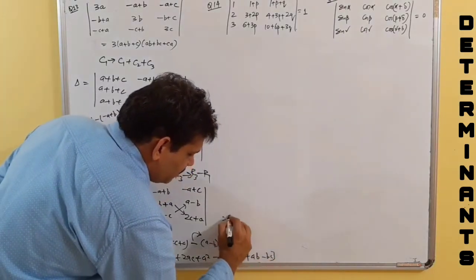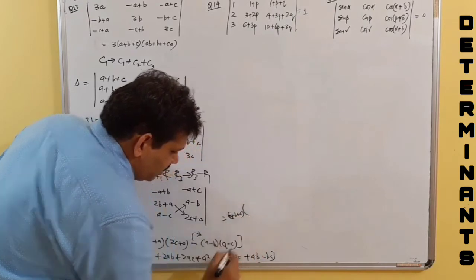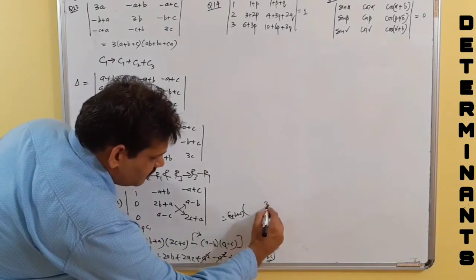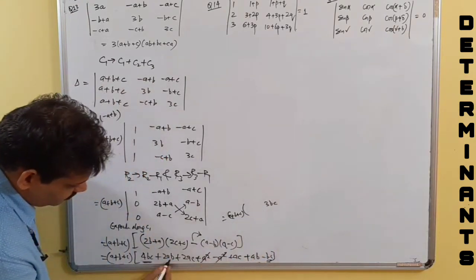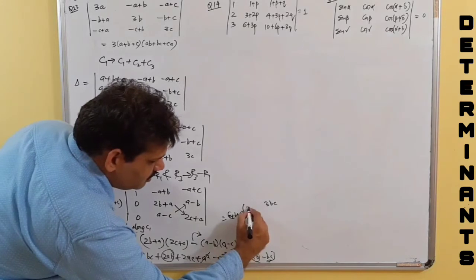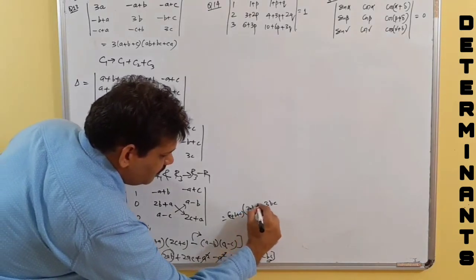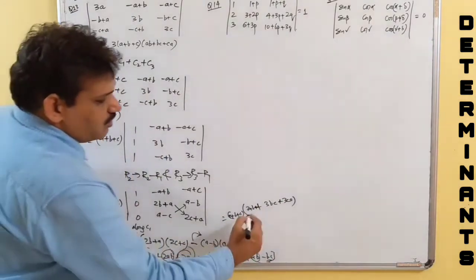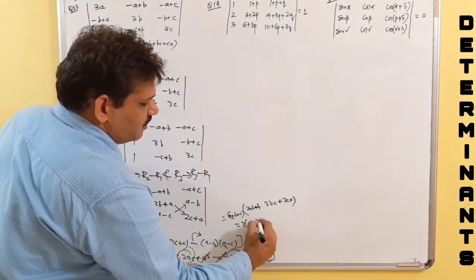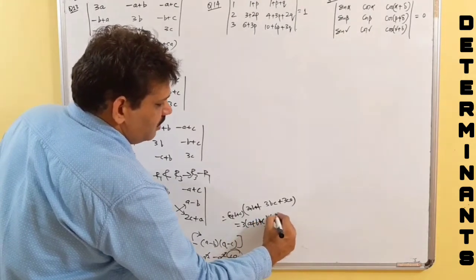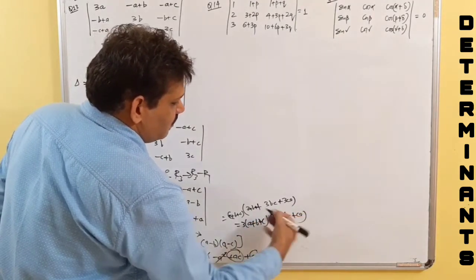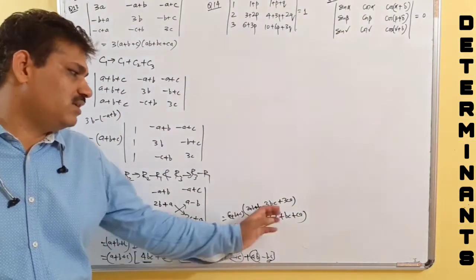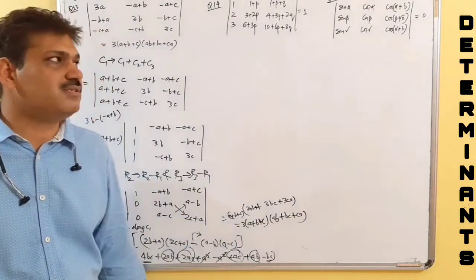So this is nothing but A plus B plus C into, A square will be cancelled out. 4BC minus 1BC, that is 3BC. AB, 2AB and 1AB, 3AB. 3AB, 3BC, 3CA. Here 1AC and 2AC. 3 can be taken common. So 3 times of A plus B plus C multiplied by AB plus BC plus CA. So 3AB, 3BC, 3CA, 3 is common. 3 times of AB plus BC plus CA.